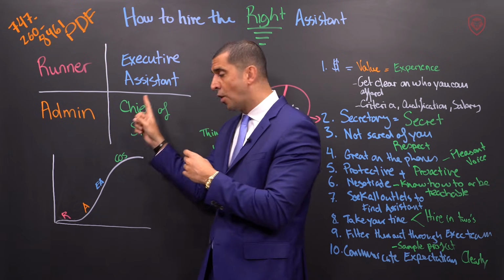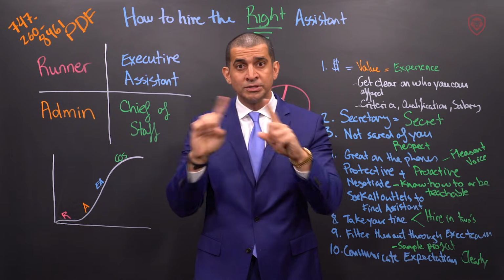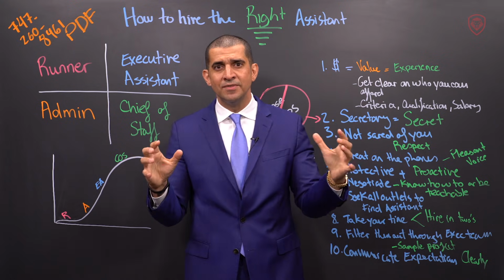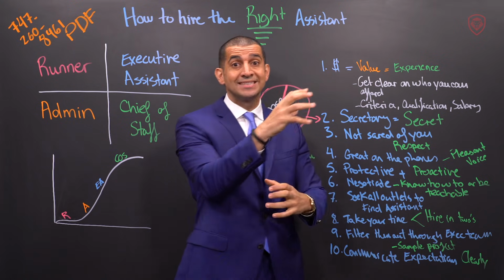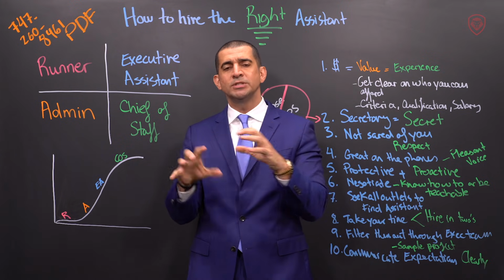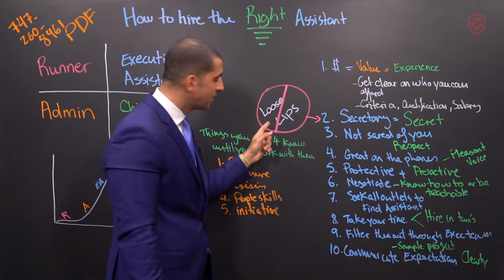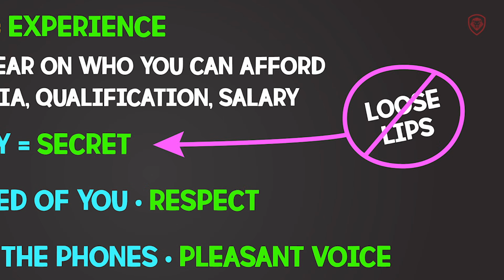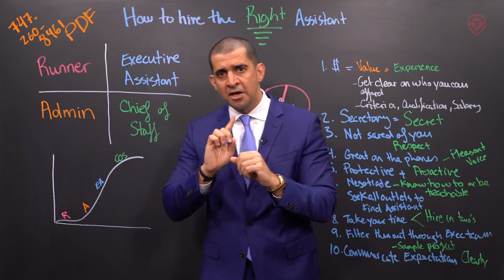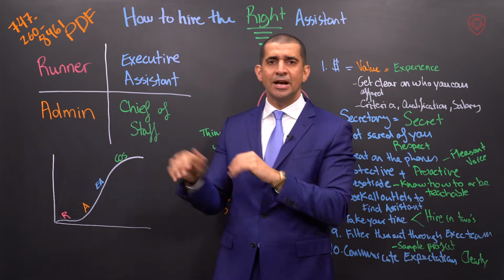The job of any one of these is you're going to be in meetings where you're going to see stuff, hear stuff, the next project, the next investment, the next strategy, the next person, the next enemy, the next whatever it is that you're working. You will be part of secret conversations that nobody else will be. So you need to be able to keep secrets. This is why I put this big thing here, loose lips. If there is a single glimpse I get of loose lips, fired. A single glimpse of loose lips I get in this area, you're fired.